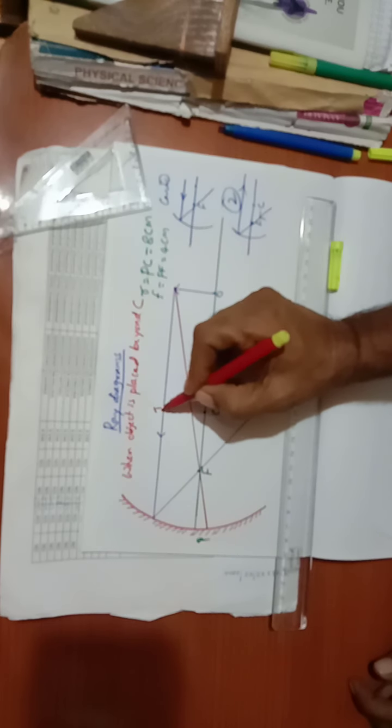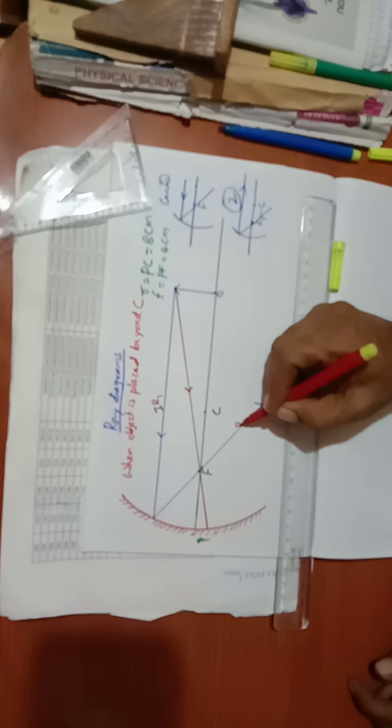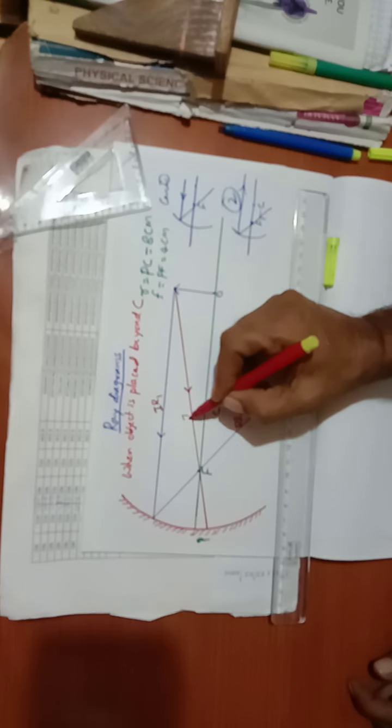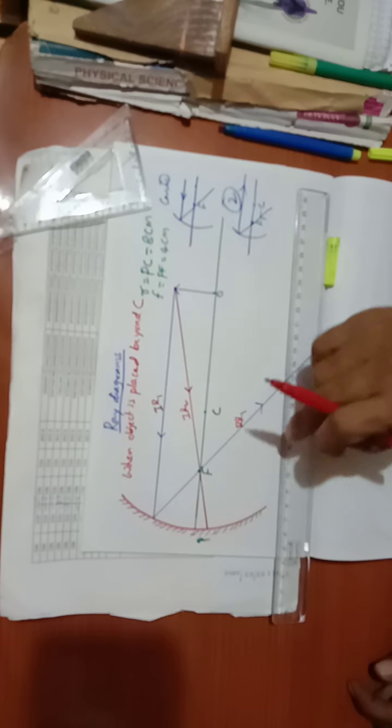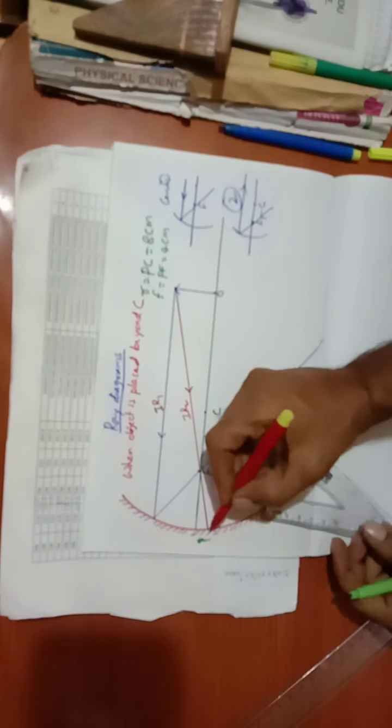This is the second incident ray. This is incident ray number 1, and for this, reflected ray number 1, right? This is incident ray number 2, and for this we have to draw a reflected ray. Again we have to take care. What care should be taken here? How much distance is there from this point to this point, the incident point? You have to put your set squares like this.